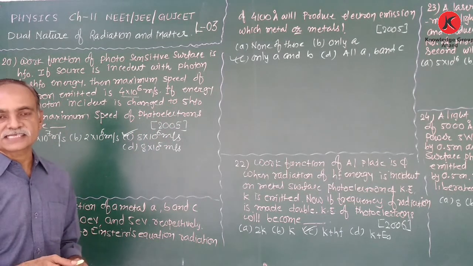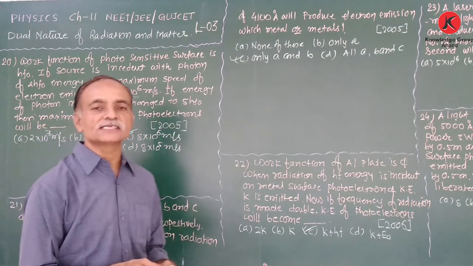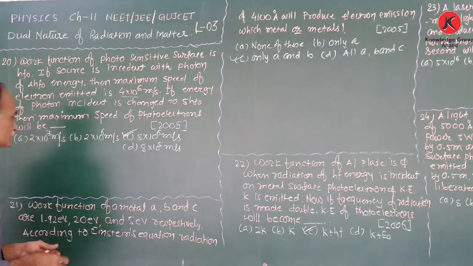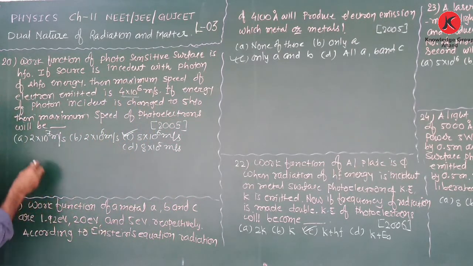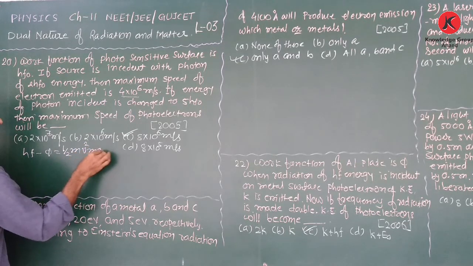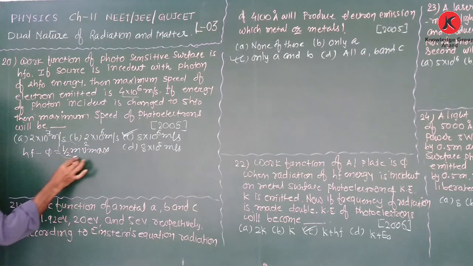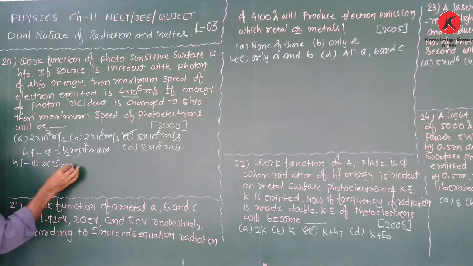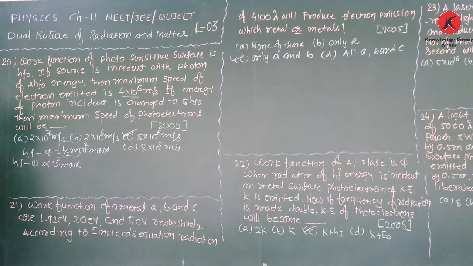So we know Einstein's equation: hf minus phi is equal to the kinetic energy, half m v square maximum. From this equation, half m is constant, so we can write hf minus phi is directly proportional to v square maximum. So from this equation, as the energy is 2hf0,